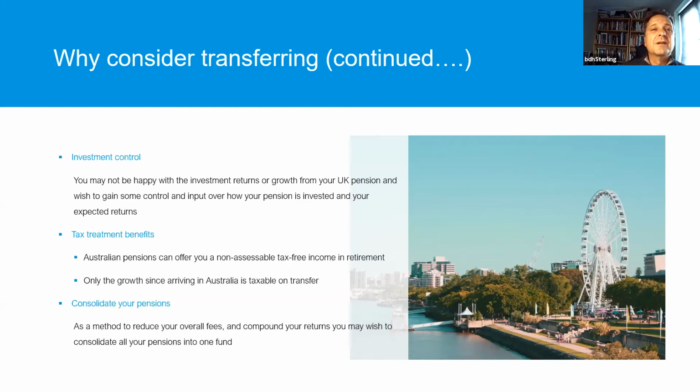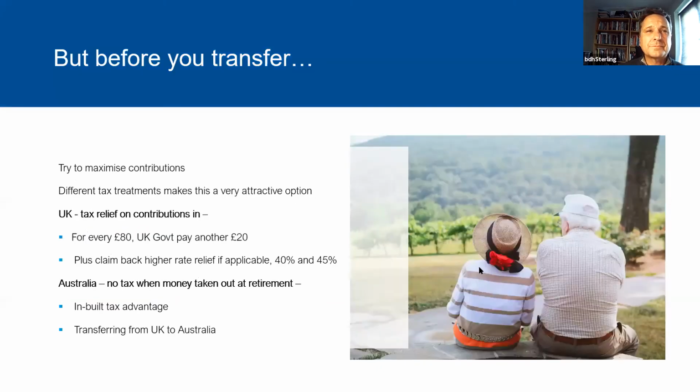opportunity to transfer. Consolidating your pensions, so I guess it's simplifying life, isn't it? So if you pull all your pensions together and they're all swept into your Australian superannuation scheme, you've got all your money in one spot, one set of advisor fees, less complication, easier to manage, easier to keep control of and track. Before you transfer,